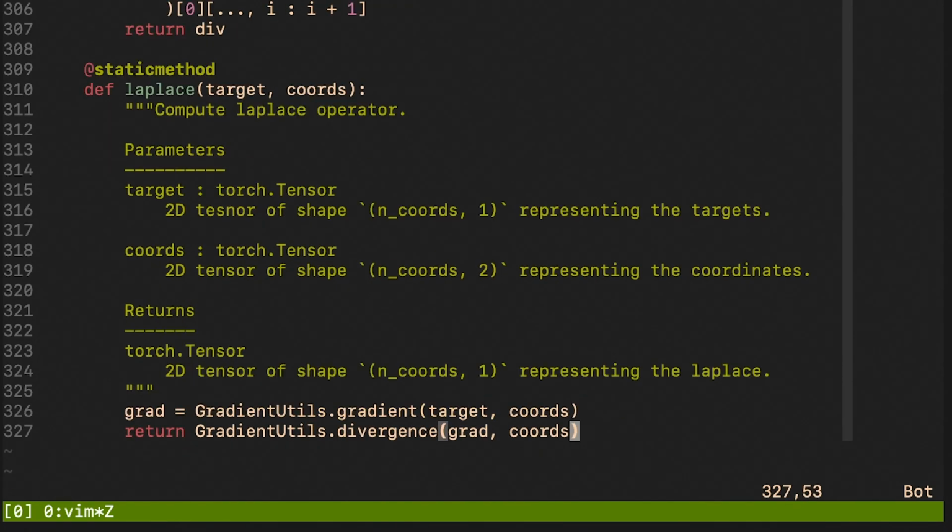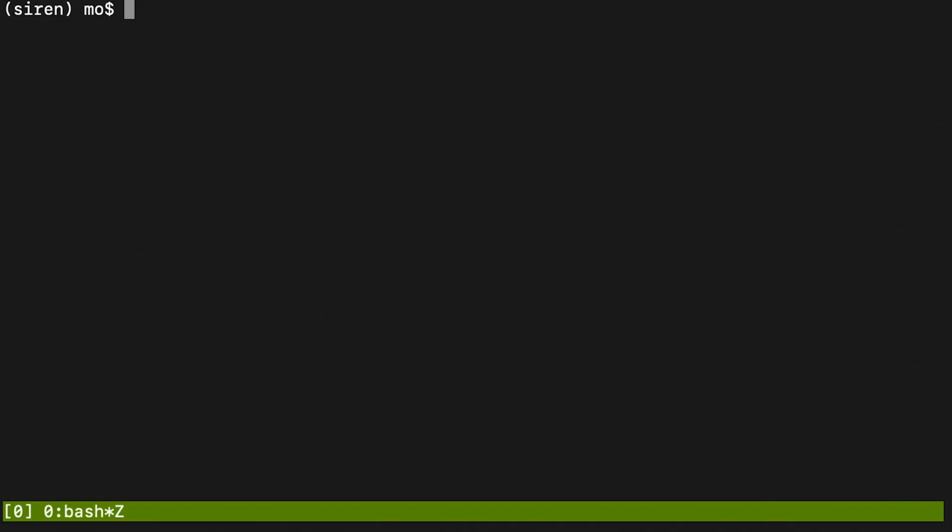Alright, so first of all, we take the gradient with respect to the coordinates, and then we are going to differentiate the gradient one more time and sum up the non-mixed partial derivatives. Alright, and now we can finally write a training script.